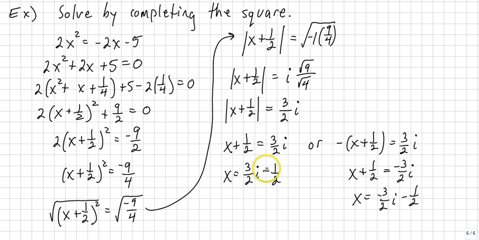We get 3/2 i minus 1/2 and negative 3/2 i minus 1/2. So we always write our answer as a set. So our solution set would be the set of all x such that x equals negative 1/2 plus 3/2 i